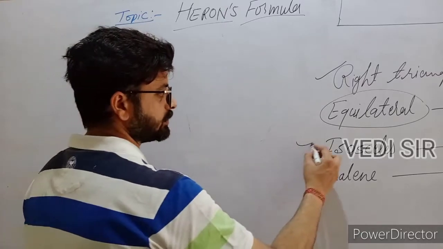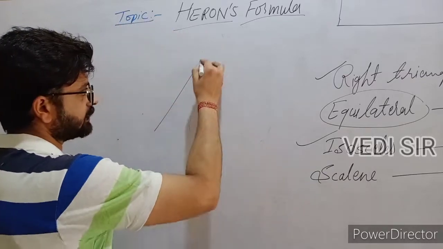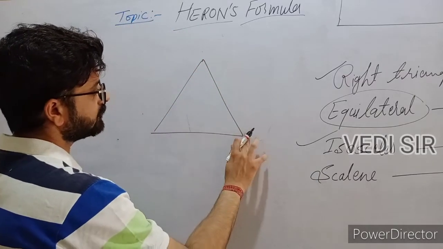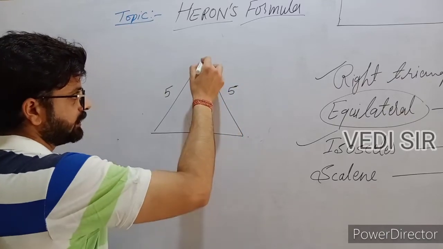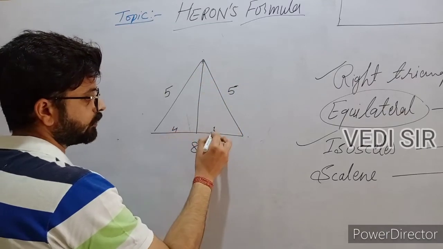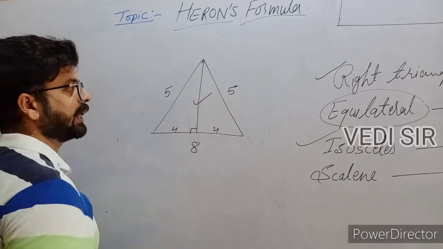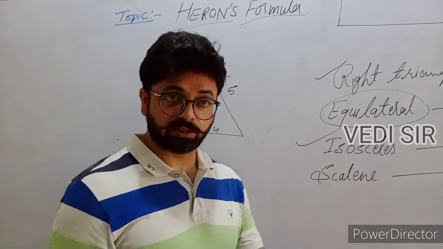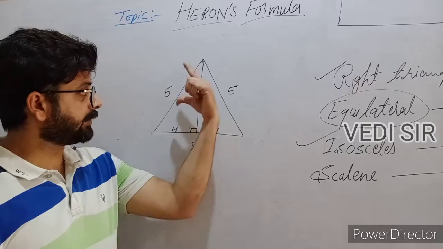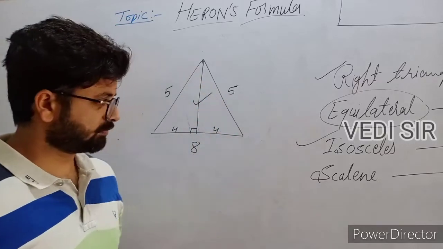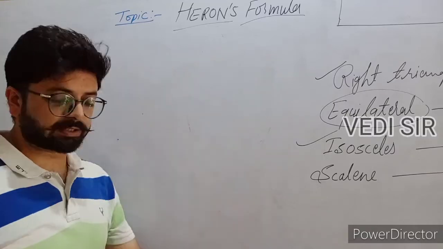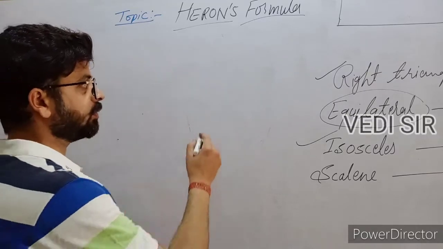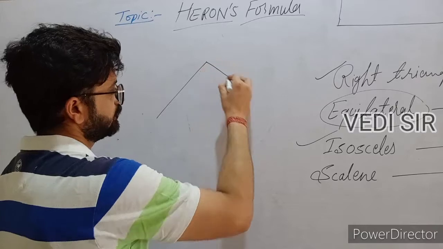In an isosceles triangle, suppose the sides are given 5 and 5, and the base is given 8. Now if you divide, this will become 4 and 4. Now you can calculate the height of the triangle. So in isosceles you can apply half of base into height, but in case of a scalene triangle, suppose when all the sides are different,